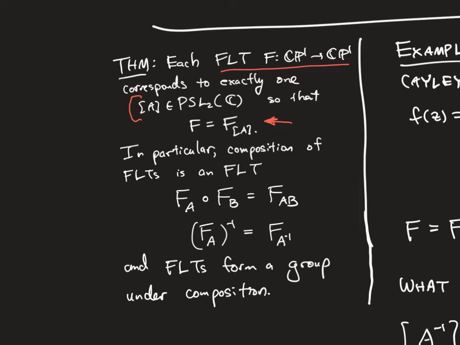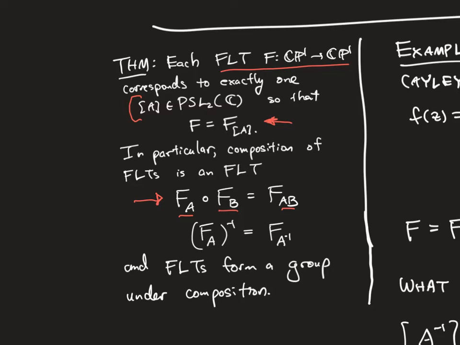Now, just staring at the definition of FA, you immediately get that a composition of two FLTs amounts to a matrix multiplication. So if I plug FB into FA, you're going to multiply the matrices and you'll get the FLT given by